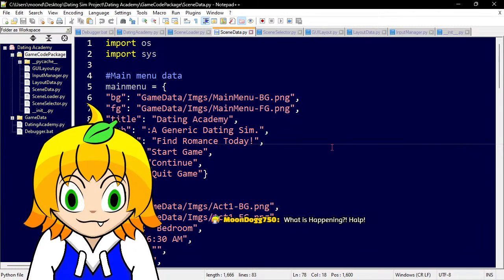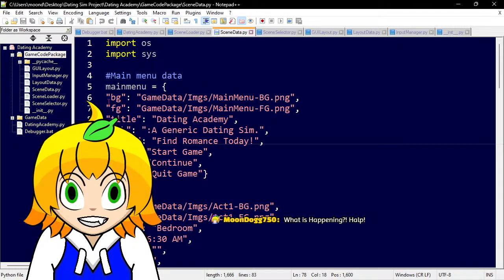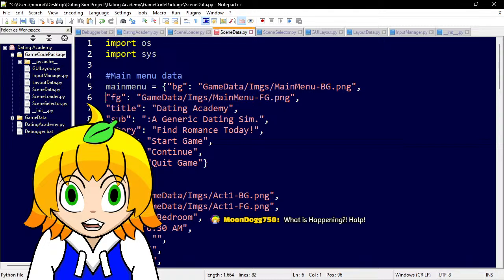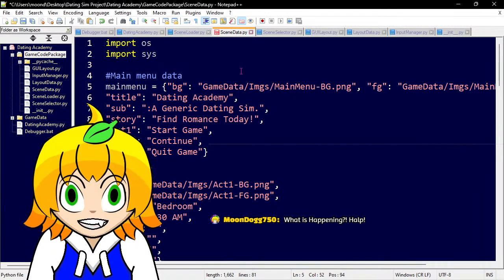Okay. But really, if I want to be real about this code here, it's just lined up like this. It's like BG, then the data for BG, which is the string.